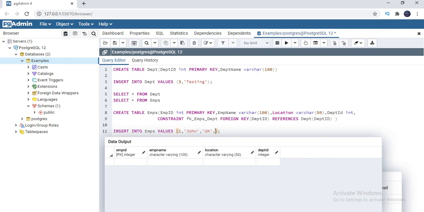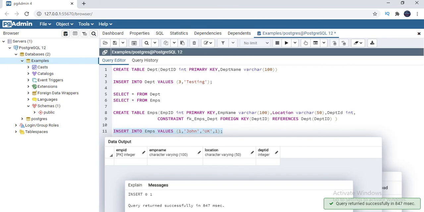So I'm trying to insert the first employee with the name John and trying to tag the department as admin. So I need to specify the ID of the admin. Okay, let's try to insert here. What will happen? What this insert statement validates by default is whether this one exists in the department table or not. Hope you know that one already exists. It's a positive case.